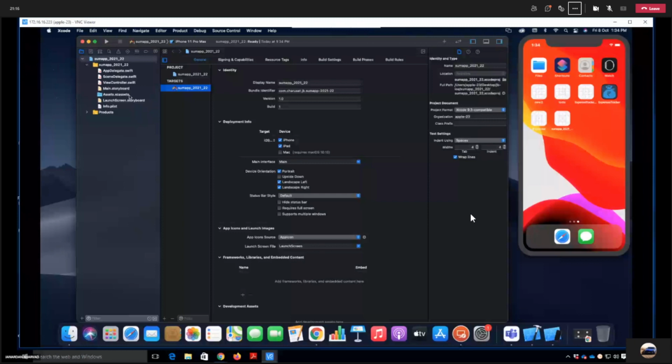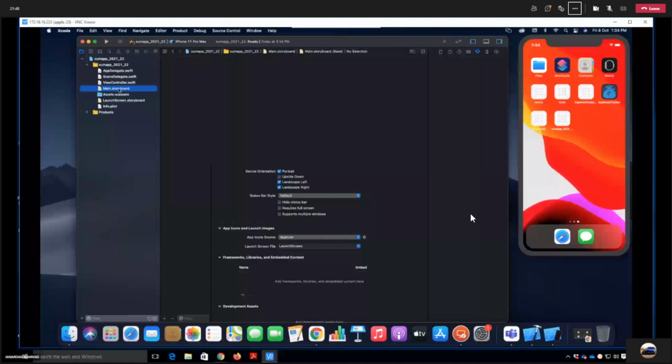So that will be the design. For design, you have to go into this file, that is main.storyboard. Okay, so main.storyboard is your UI file where you can design your screen, or we can say view controller here. In Android, we call it activity, but here in iOS, we will call it a view controller. So let me go to main.storyboard and let's design our